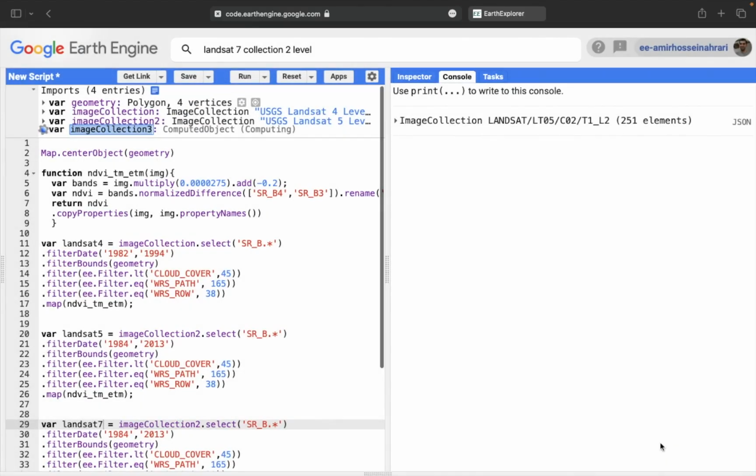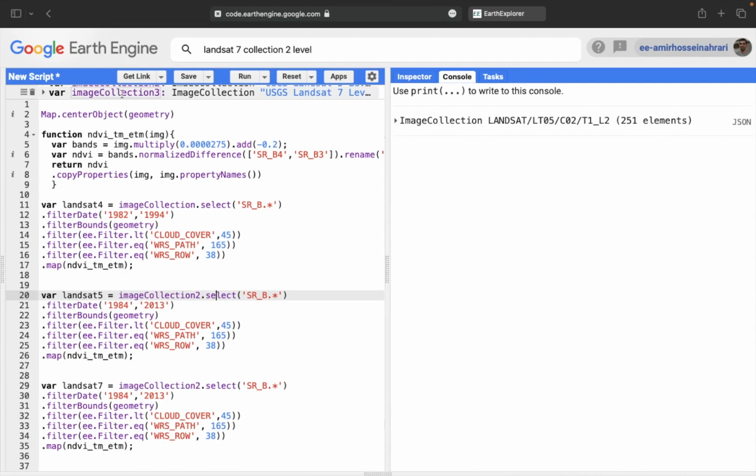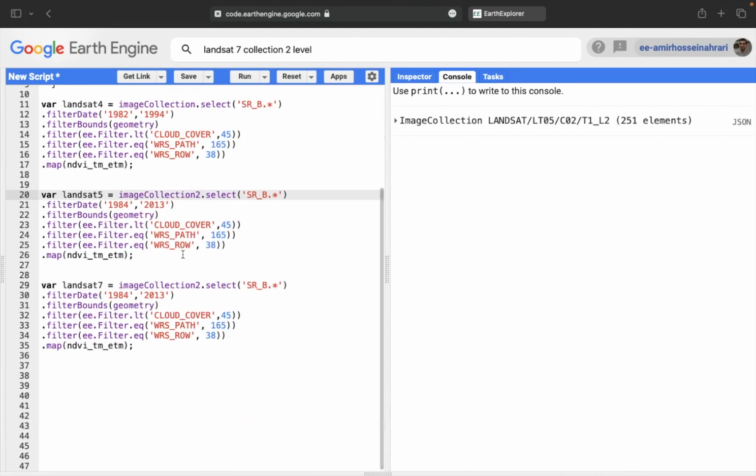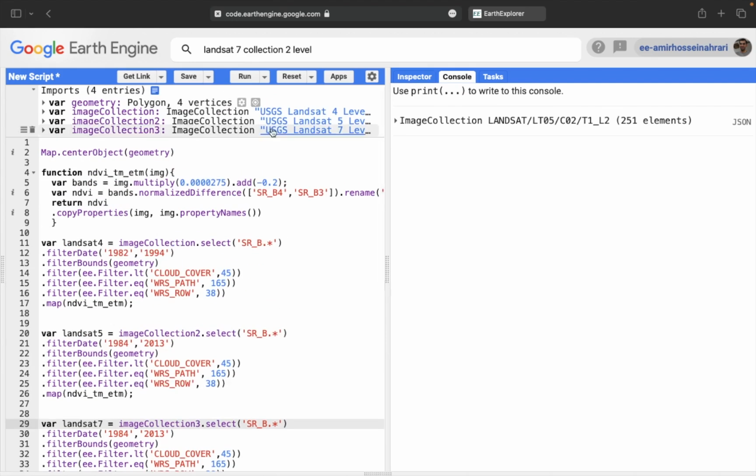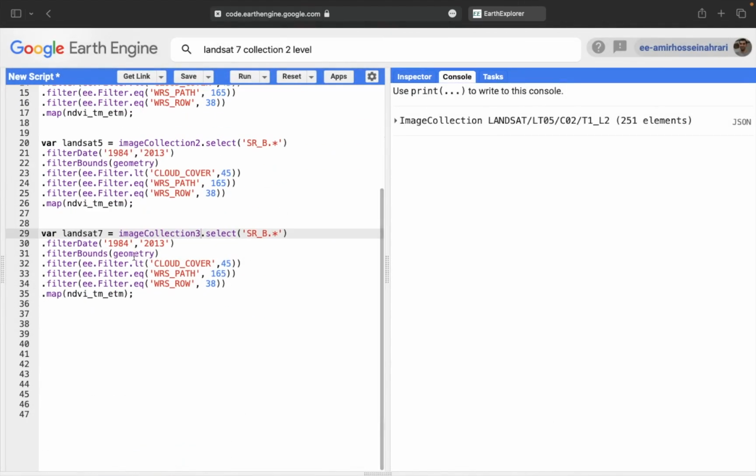So import it into the code, and here you can see that the Landsat 7 as an image collection number 3 is available. So here it is. And now for the next step, we need to change the start date and end date. The start date is 1999 and the end date is present, for example. So here I want to change the start date from 1999 to 2024 to call all the Landsat 7 images